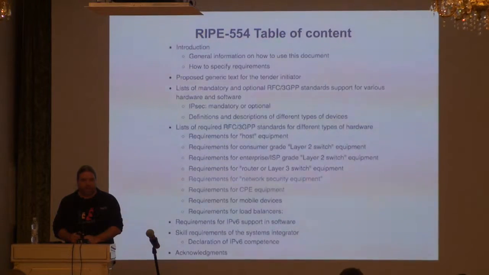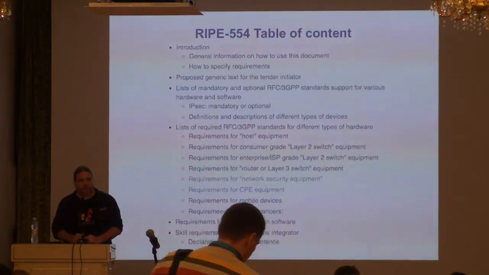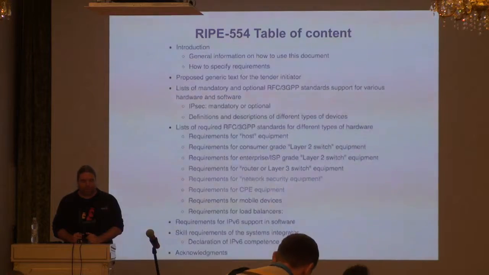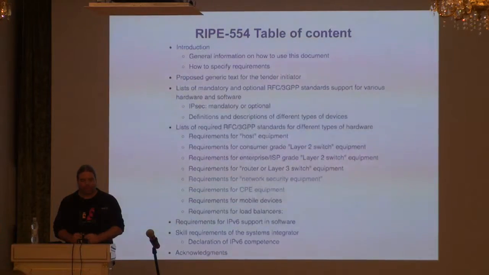This is the new document. So after a year and a half of working on the first one, we were asked to publish a stable version of it, despite the fact that we knew there was some room for improvement. This document went through the RIPE IPv6 working group process of getting consensus from the technical community. So this is not something that we just wrote and published. This went through, I think, 10 cycles of editing and gathering comments from the RIPE IPv6 community. So I think we got a pretty good and solid consensus on the content of this document.